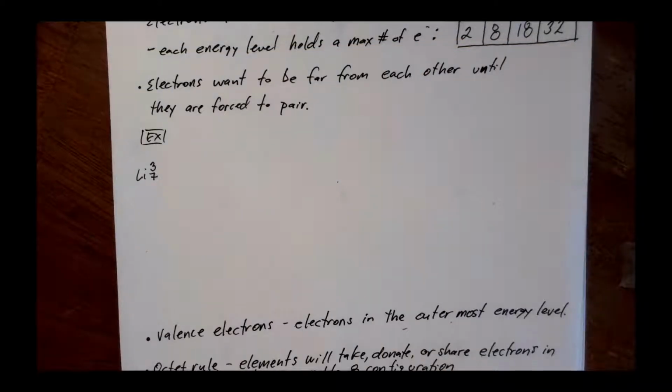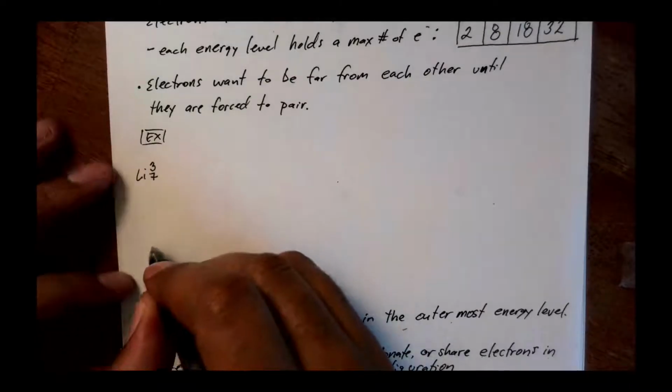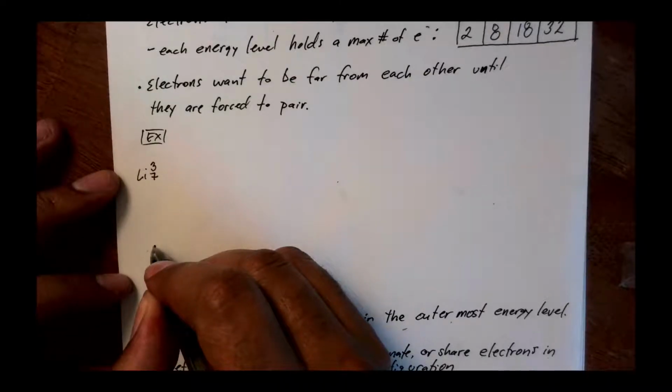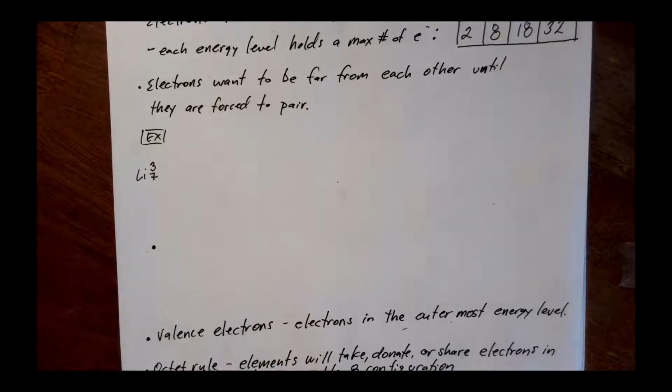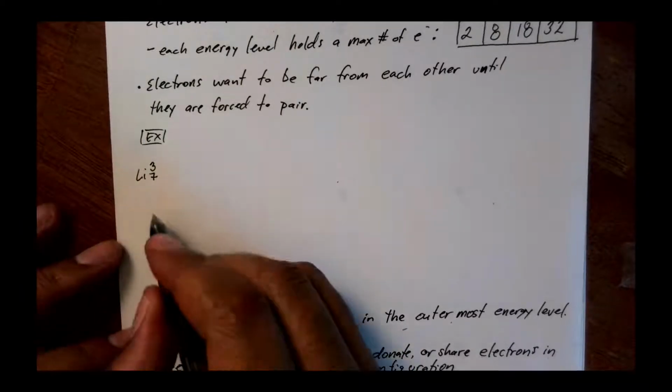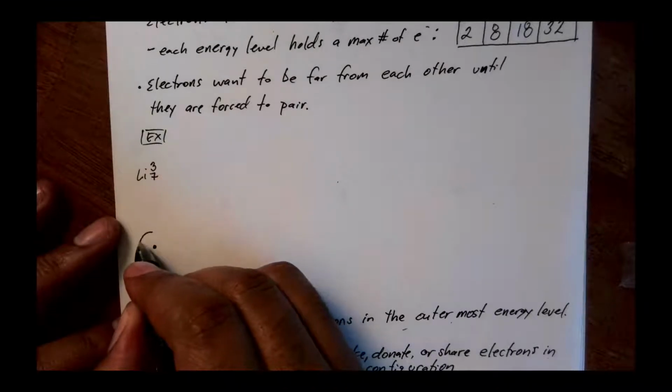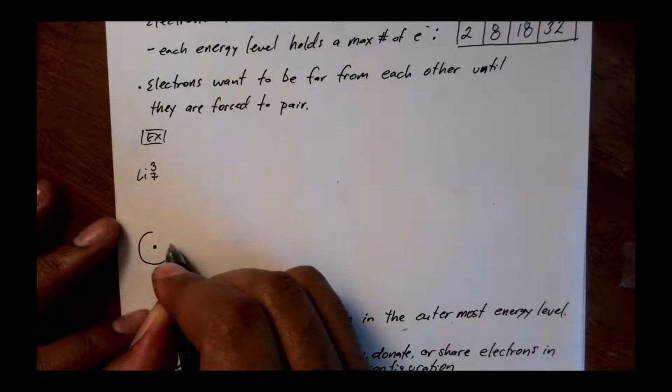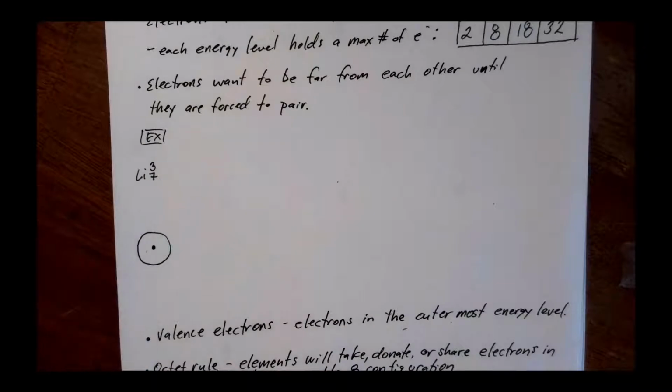And what else do I know about lithium? Well, here are the rules. I think we just do it. So I draw myself a nucleus, which is shown as a dot. The information about the nucleus is what we do up top. I draw the first energy level, which is simply a circle around the nucleus. Now keep in mind, this circle is actually meant to represent a spherical shape,